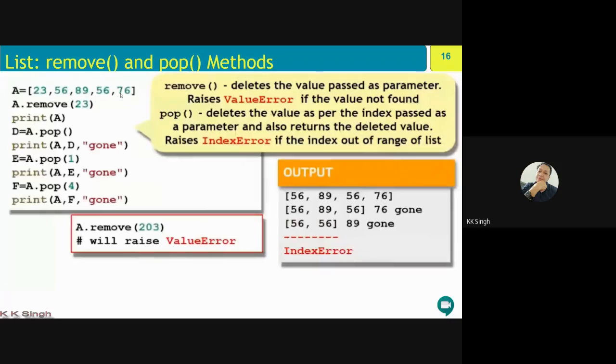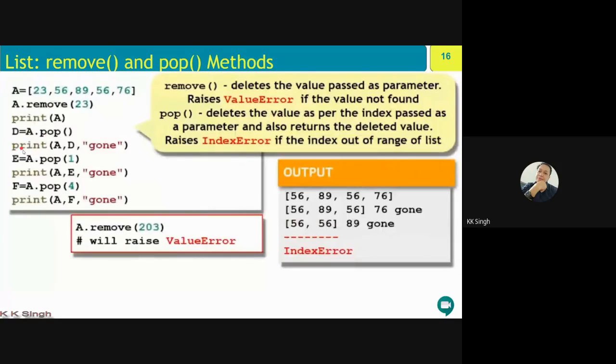So this 76 will go to D. This 76 will be stored in D, and from this list, A list, 76 is removed.